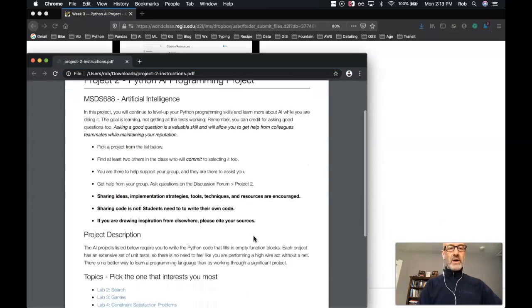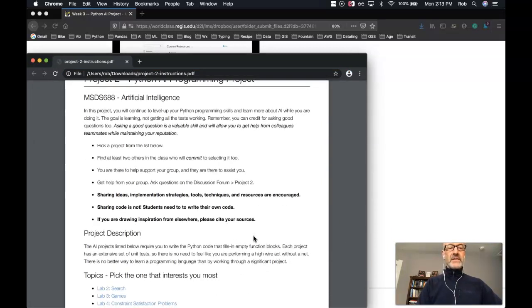So here we go. First off, talk about leveling up our Python skills. And to get credit for this assignment, you don't have to get all the tests running. Every week we'll be submitting an update. And so every week I'd like you to report your progress. I'm sure some weeks will go better than others. And if they're going great, awesome. But if you're running into a brick wall and you're not making any progress, you can ask a good question. This is all laid out in the Python project rubric in the course resources section under content.